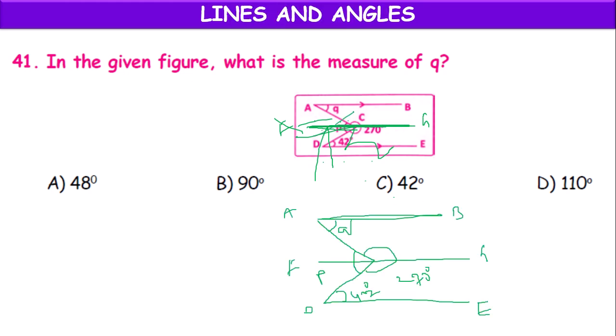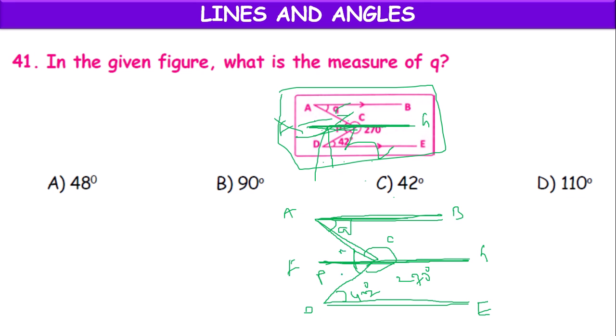There is some problem with this figure here. So let's consider the same one here. So we have to measure the angle Q. So here we have drawn another parallel line FZ which is parallel to both AB and DE. So AB and FG are parallel. Suppose if it is C, this AC is the transversal. So because of this parallel line, P is divided into two parts.